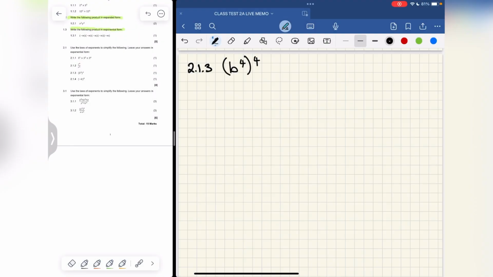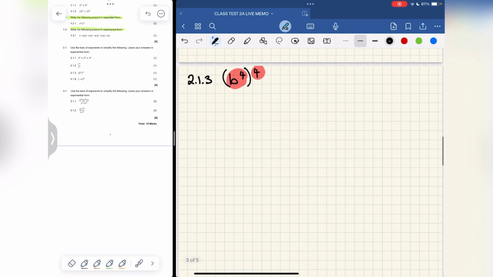Alright, 2.1.3, we have b to the power 4 raised to the power 4 again. So in this example, we have a power inside the bracket that is raised to another power outside the bracket. So that's a power raised to a power, and we need to just simplify by using our laws of exponents. So the law says that when we have a power raised to a power, we are able to then just